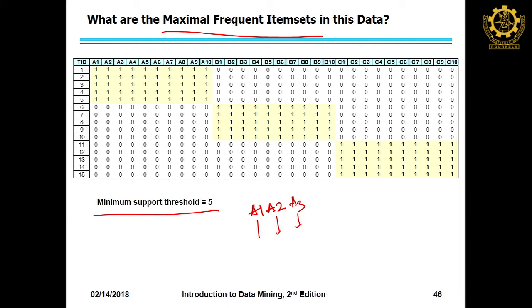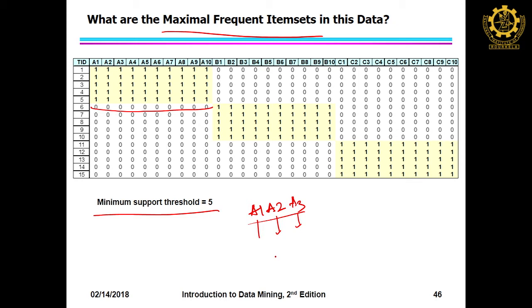So, all are frequent and its corresponding superset A1, A2, A3 is also frequent. So, A1, A2, A3 individually cannot be, and even A1, A2 cannot be maximal, because if you check from here to here, all have 5.